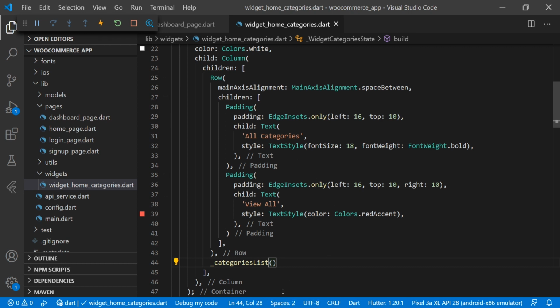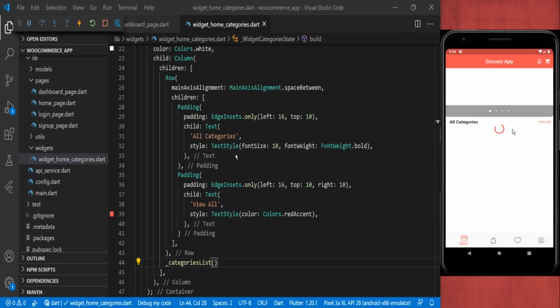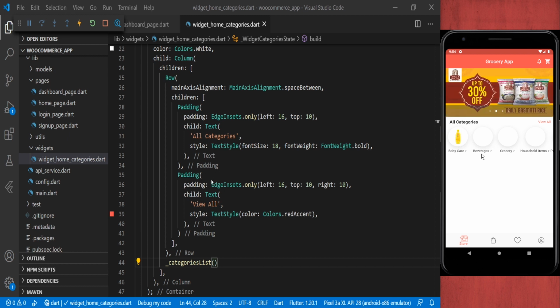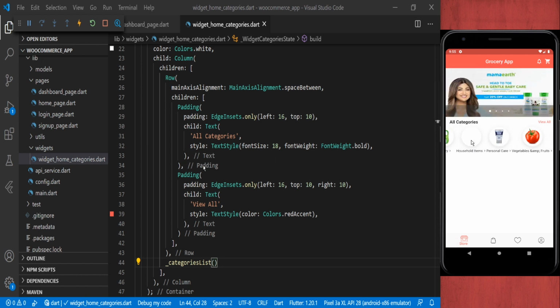So now run the application to see. Here you can see the loader is loading, and once the loading is done, the data will be fetched from the server. It will show our list view in the horizontal. So here you can see the list is coming in the horizontal. You can see the icons with a white background, and over it will show the icons of the categories. It is getting loaded from the server, and below that you can see the label names, and you can do the scrolling also, and these are horizontal.